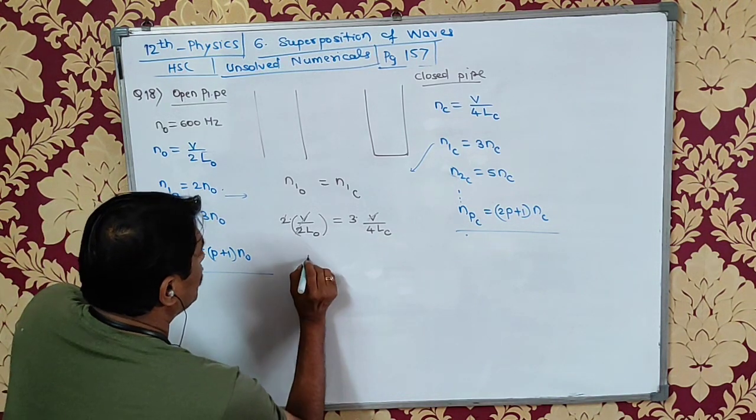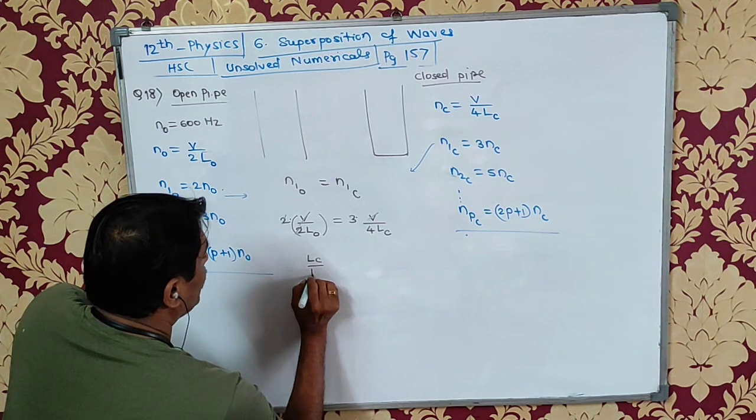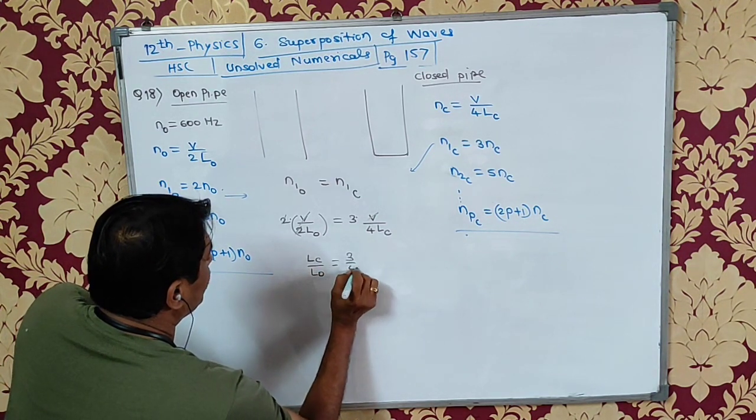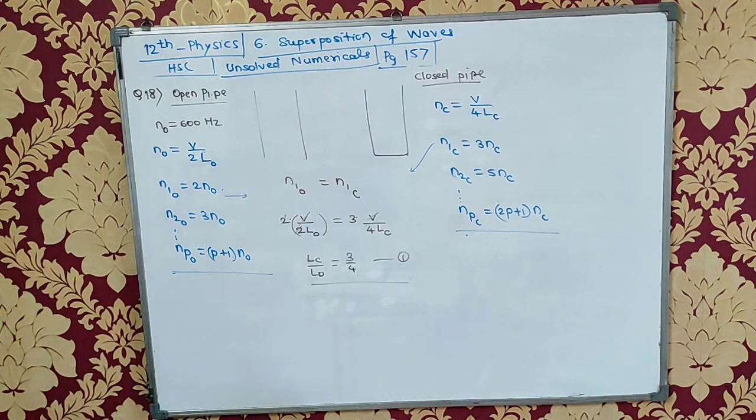This will give me LC upon LO is equal to 3 by 4. I'll get this as the first equation. Well, यहाँ पर मुझे